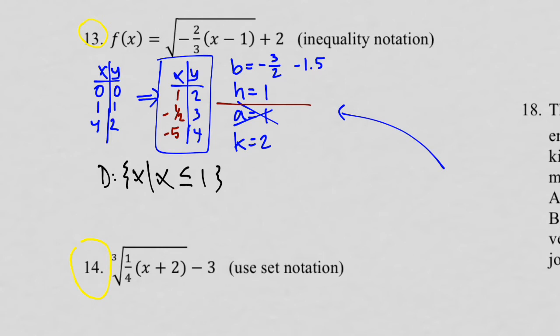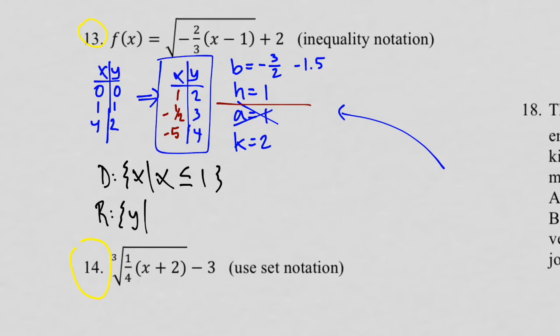It's going to the left. Another way you can tell is by looking at b. If b is negative, it's going to go to the left. If b is positive, it's going to go to the right. So that's going to be x is less than or equal to 1. Where did the 1 come from? From h. For the range,